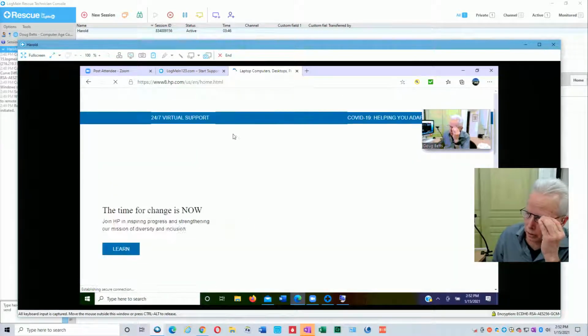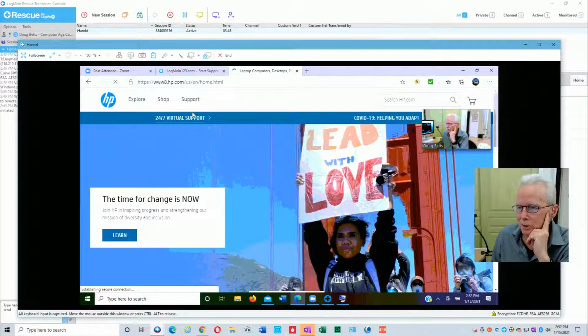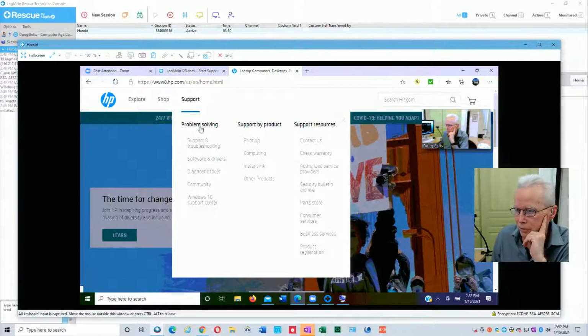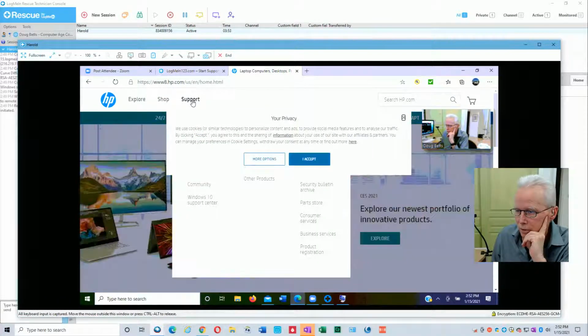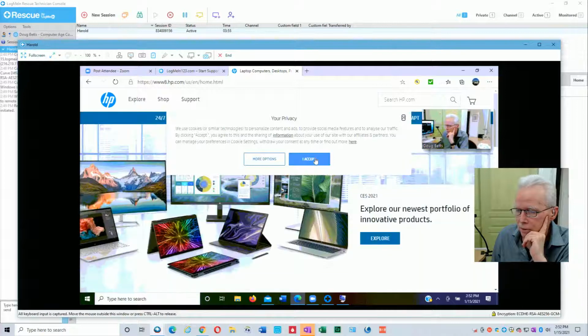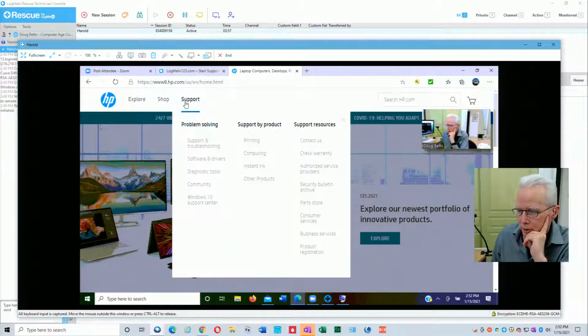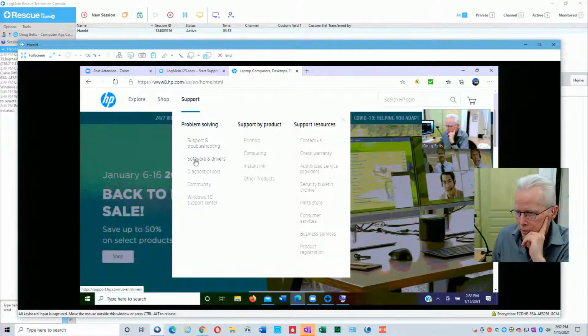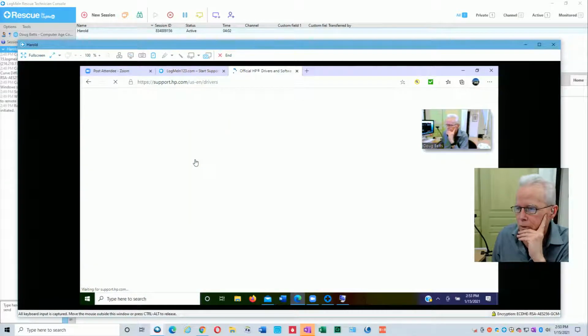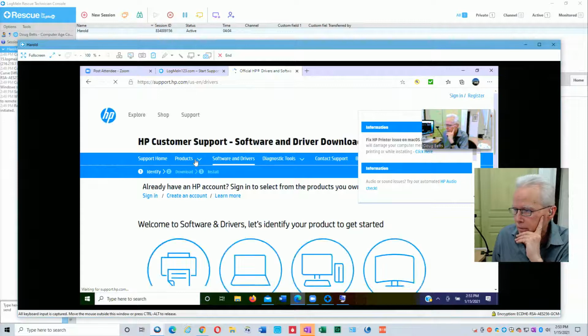So what we're going to do is run a utility from HP's website that's going to examine your computer to see if there's device drivers. And also we want to see if HP declares this computer as compatible with Windows 10. So we go into software and drivers, and let's